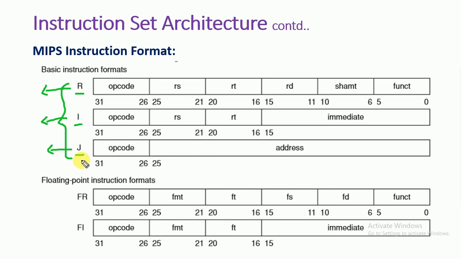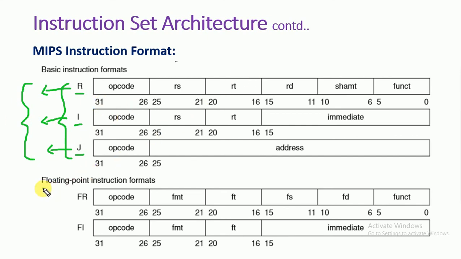Then we look at the jump instruction. The jump instruction directly gives an opcode for the last 5 bits, and all the remaining is used for storing the address. So the opcode is the jump instruction, and the address it jumps to has to be placed within these 0 to 25 bits of memory. The address size may be very small, but it is reserved for storing the address of the target location where this jump instruction will move. So those are the basic instruction formats: R instruction, I instruction and jump instruction. That is for normal numerical operations.